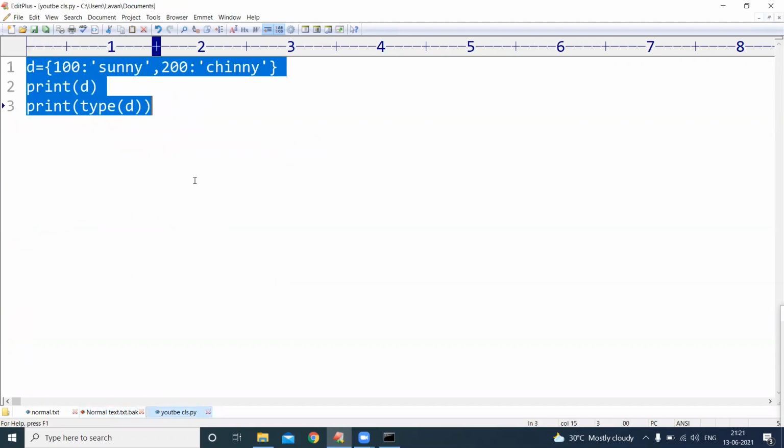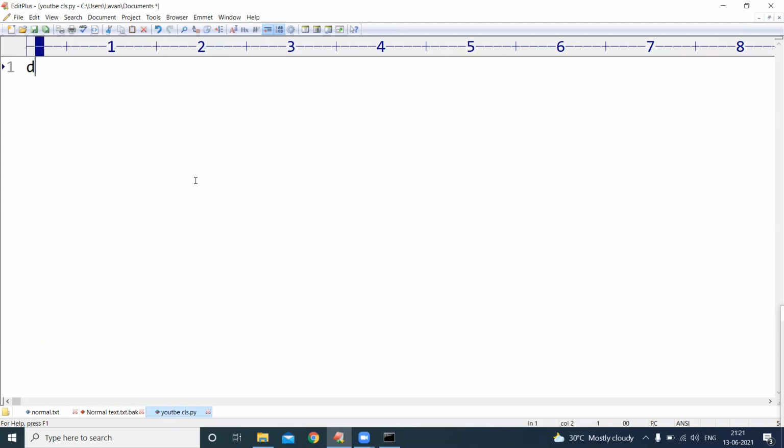Now let me take some fresh example. I will remove this. Here I will take d equals to 100 colon Venki, and another example 200, within single quote I will take Appi. And another example 300, within single quote I will take Puppy. Now if I want to access the elements,